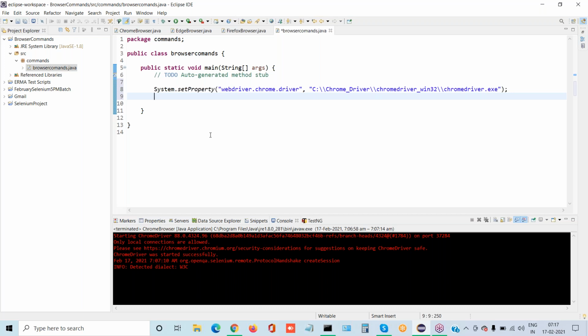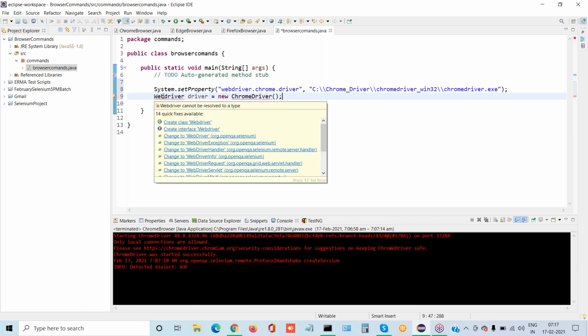See, when you write WebDriver driver, it is showing the red line, right? Put the cursor there. It asks you to import. Automatically, you can import there. Chrome driver. Always use control space.